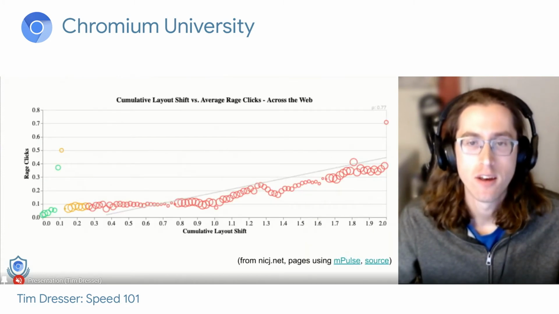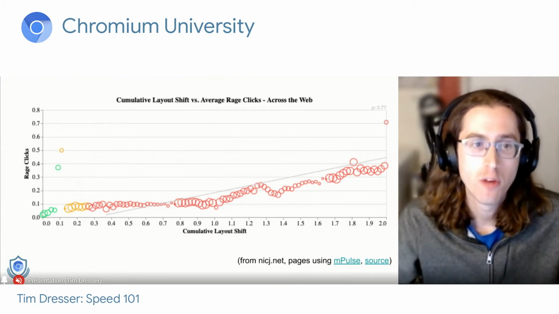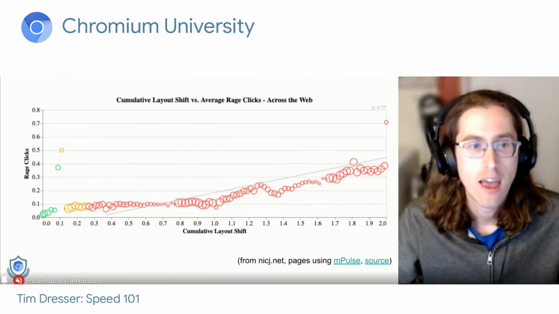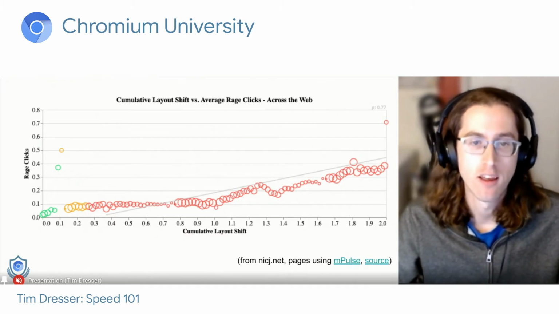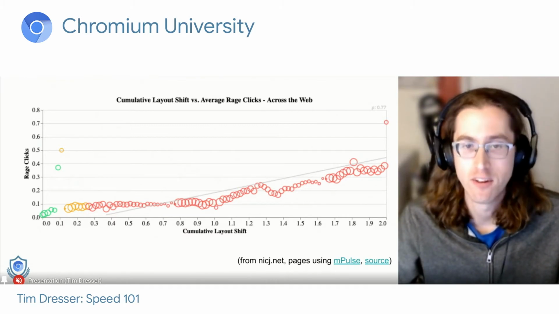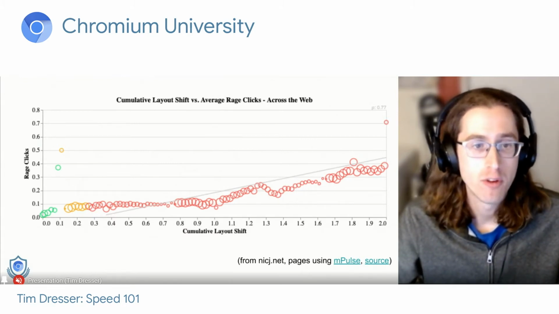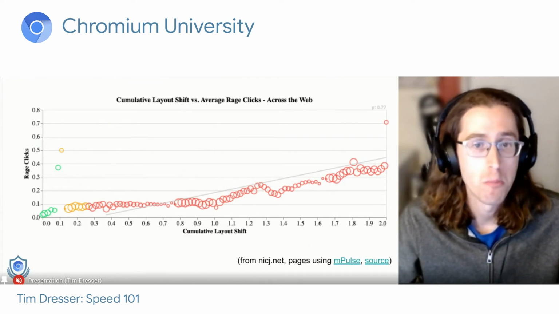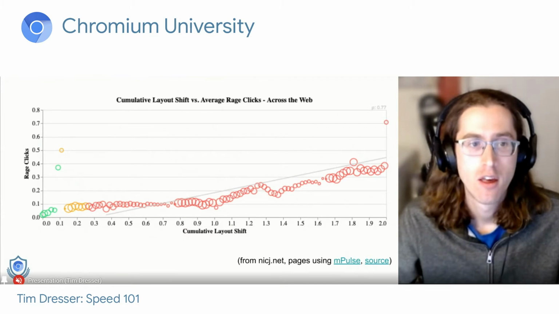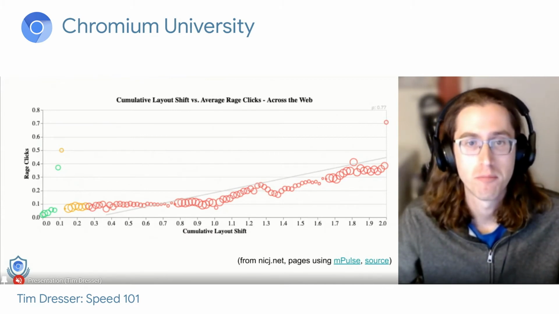The data in this slide comes from Nick Jansma from Akamai, and he's looking at the correlation between cumulative layout shift, which I just mentioned, and the frequency of rage clicks. A rage click occurs when a user starts rapidly clicking out of frustration that the page is not behaving the way they expect it to. You can see here that as cumulative layout shift becomes more common, users rage click more. Users become more frustrated with the page. This is evidence that this metric probably does really correlate with something that our users care about.